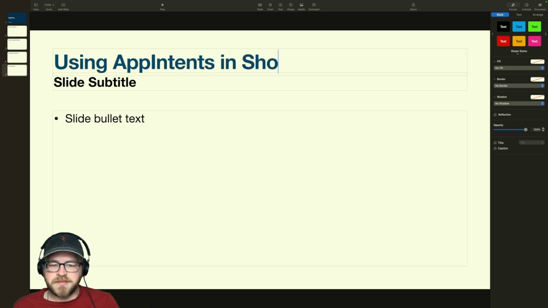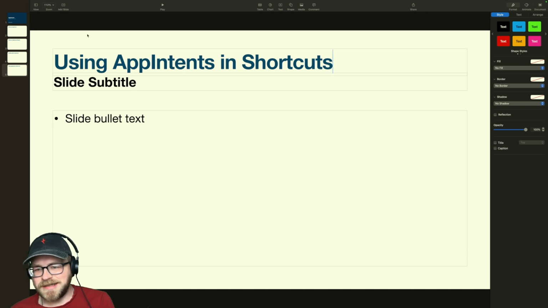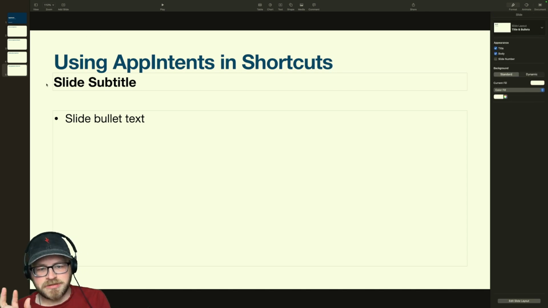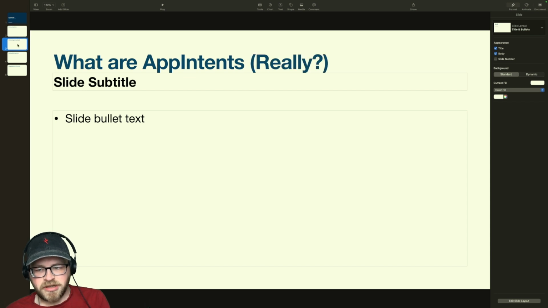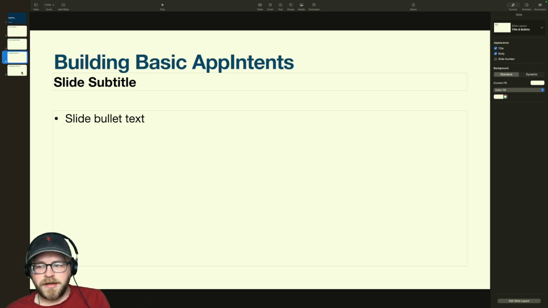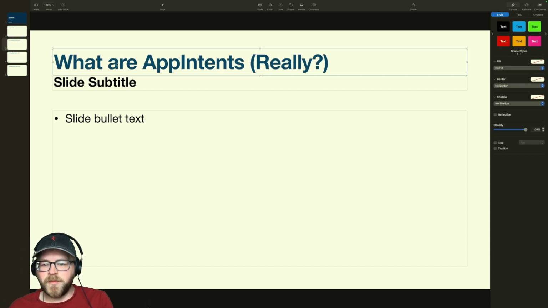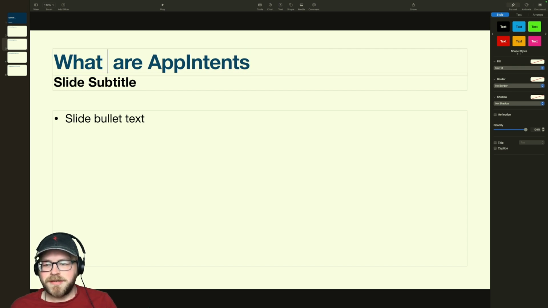Because again, that is going to be the way that most people understand it, and it's the easiest way for people to test it. So yeah, okay, what are App Intents? What are they really? Or maybe, what else are App Intents?